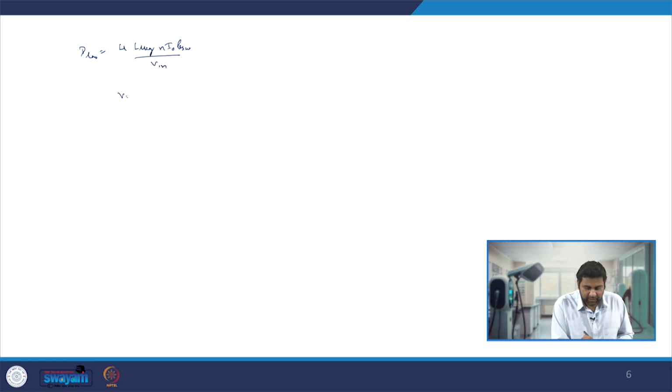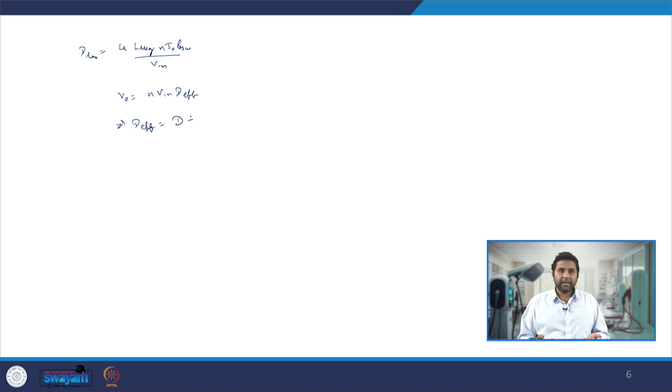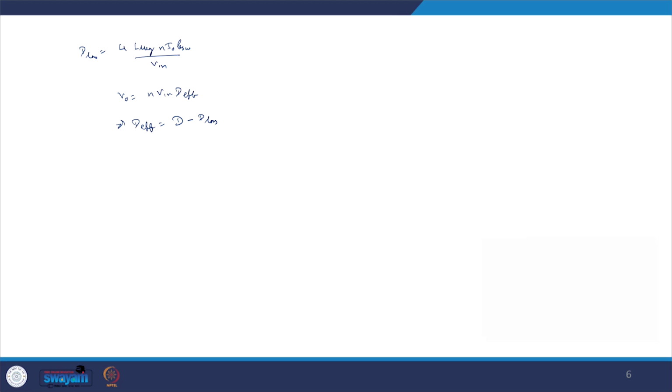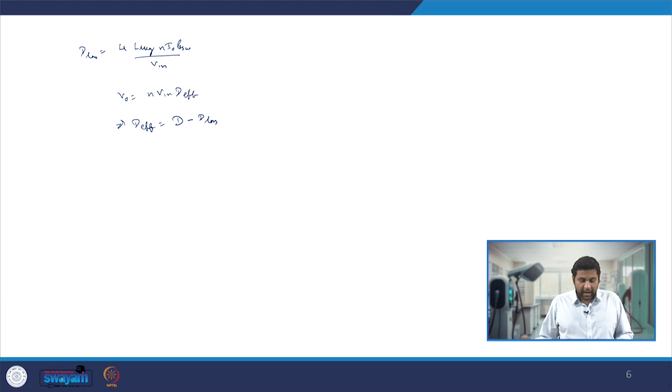So we can say that my V naught is nothing but N V in times D effective, and my D effective is nothing but equal to the actual D which you are applying, which corresponds to the phase shift which you are giving, minus D loss which you are actually losing out. So this is what we were seeing, this D effective, and if you look very carefully, this D effective is actually related to